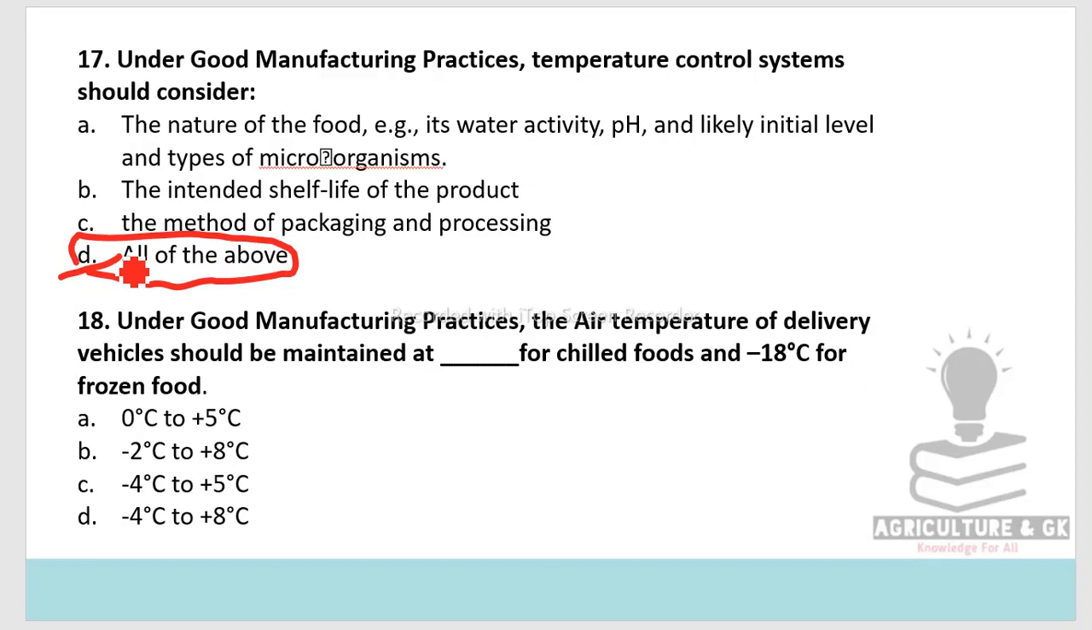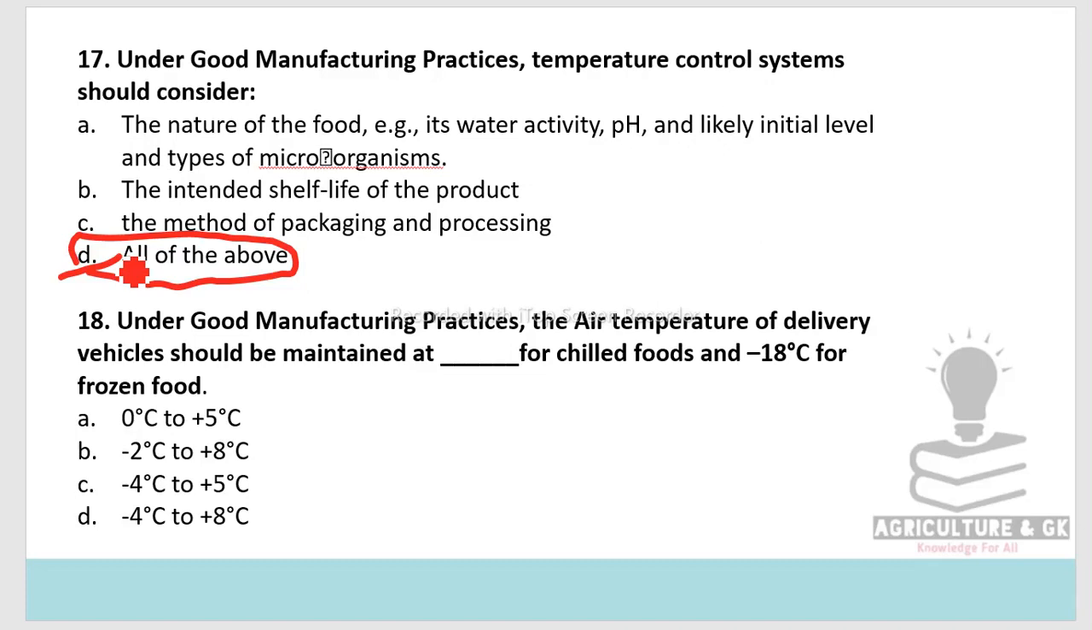Now moving next. Under good manufacturing practices, the air temperature of delivery vehicles should be maintained at blank for chilled foods and minus 18 degrees Celsius for frozen foods. So we need to tell about the air temperature of the delivery vehicle that is carrying the chilled food and frozen food. For frozen foods it is minus 18 degrees Celsius, and for chilled foods what will it be? 0 degrees Celsius